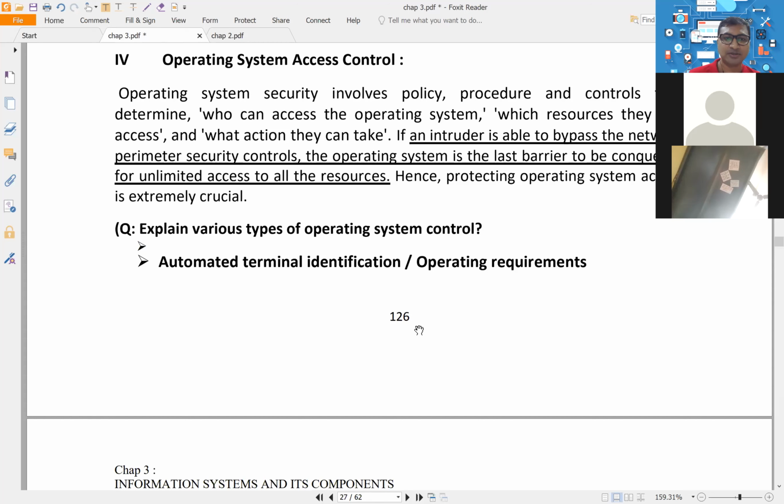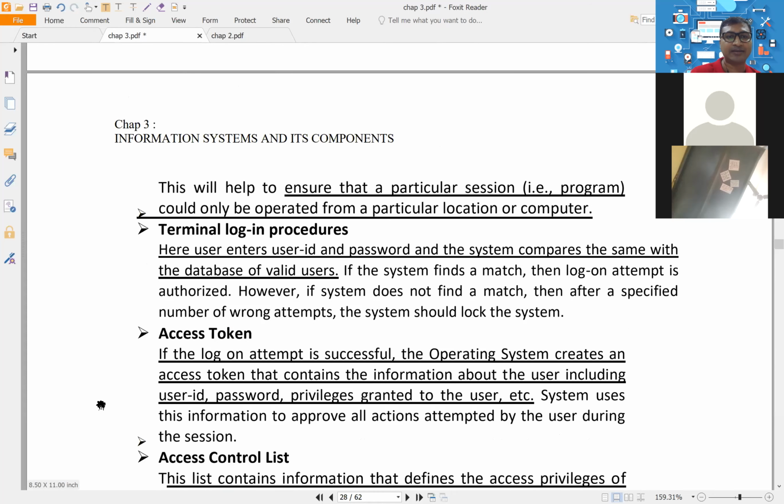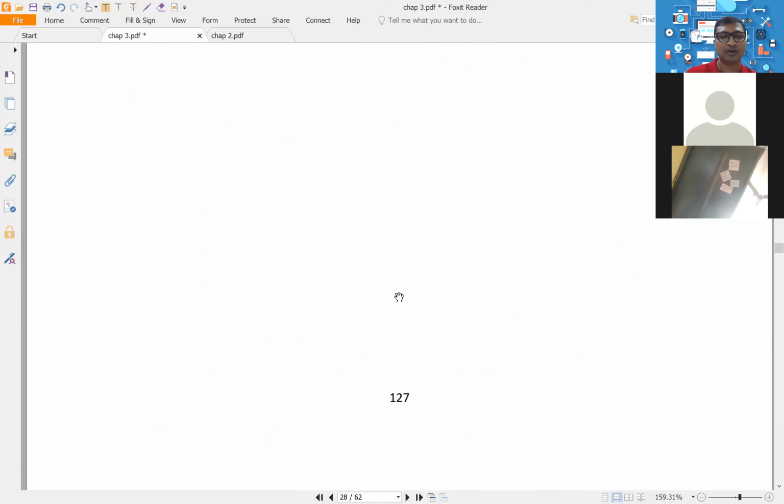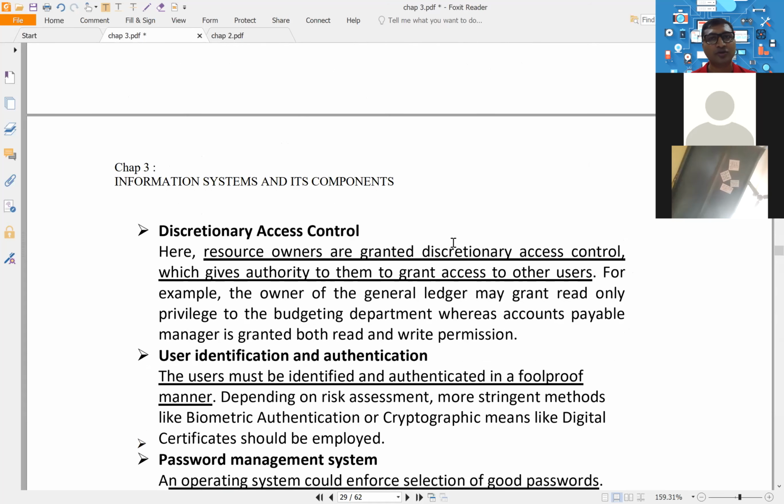Remember access privilege. We have done a diagram at three places: access token, access control list, and the third one was discretionary access control. Here we have done the diagram also. Access token, remember, is users and what they can access. Access control list is nothing but the names of files and what user can access. Remember, the name of files is the main resource and how the user accesses the file. And the third, discretionary, where admin cannot give power to everyone.